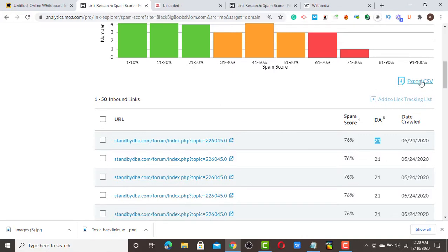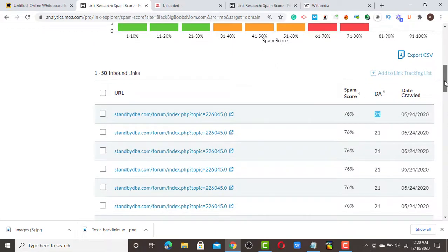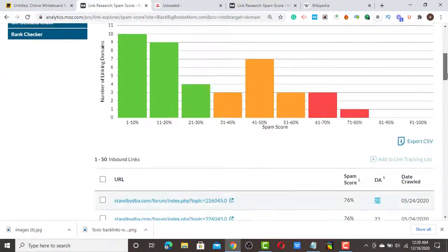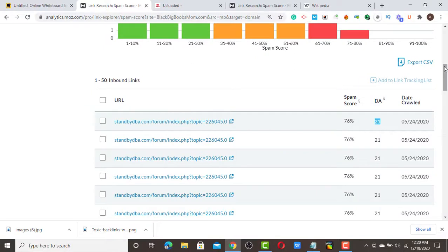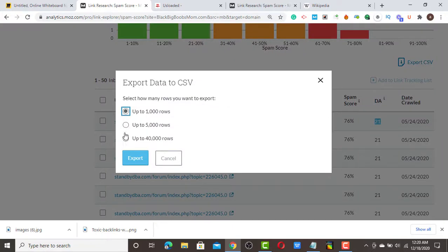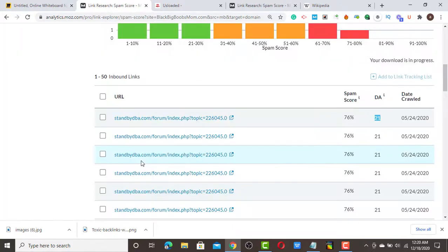So you click extract if you are using Moz. These are if you are using Moz. Okay, you just have to get Moz Premium. Then you click export this file. I'm going to export 5,000, and make sure you have Excel that you will use to do this table, to make sure that you figure out those backlinks that are pointing at your website that are toxic.